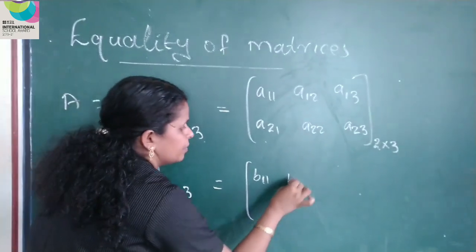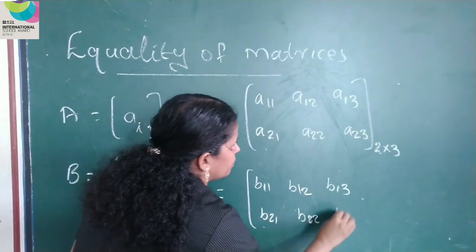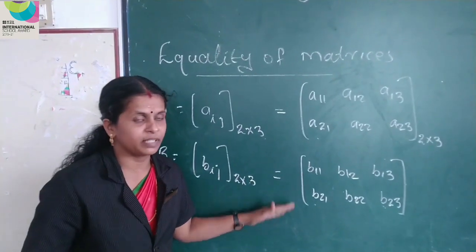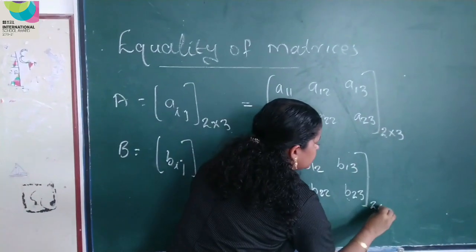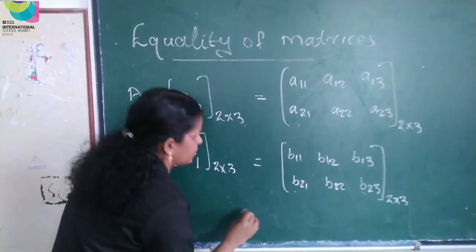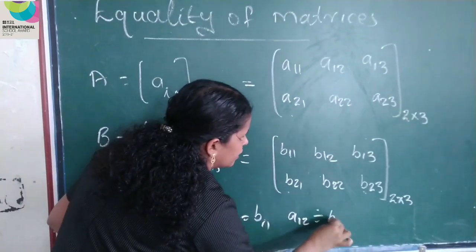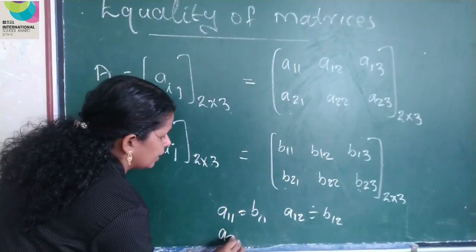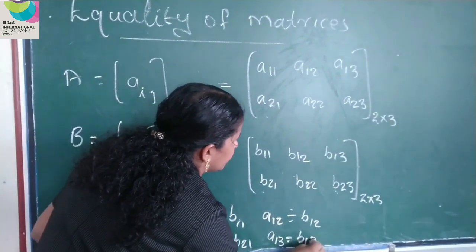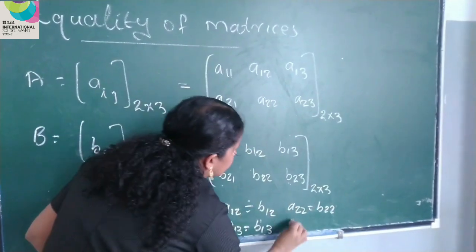B11, B12, B13, B21, B22, B23. So the first condition, both having the same order, is satisfied here: order 2 by 3. And this is our second condition, that is, corresponding elements are equal. That means A11 equals B11, A12 equals B12, A21 equals B21, like that A13 equals B13, then A22 equals B22, then A23 equals